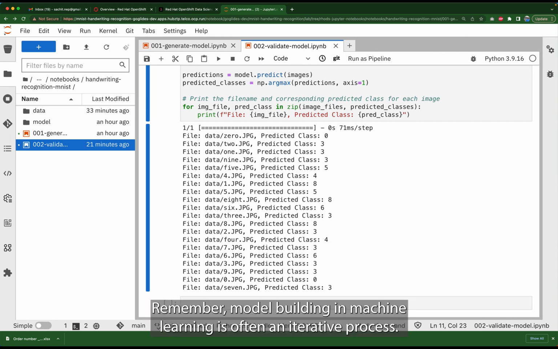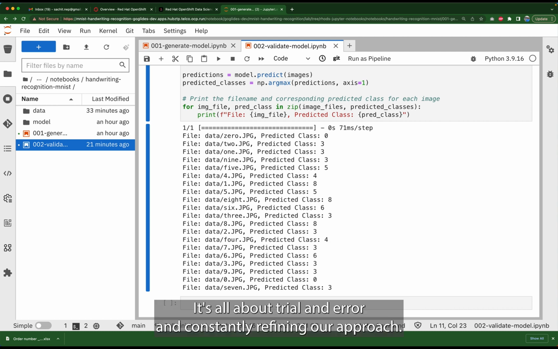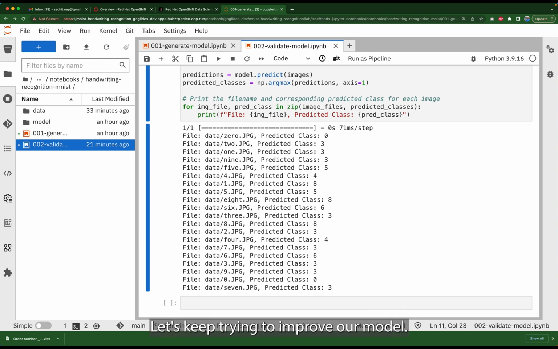Remember, model building in machine learning is often an iterative process. It's all about trial and error and constantly refining our approach. So don't be disheartened by initial failures. Let's keep trying to